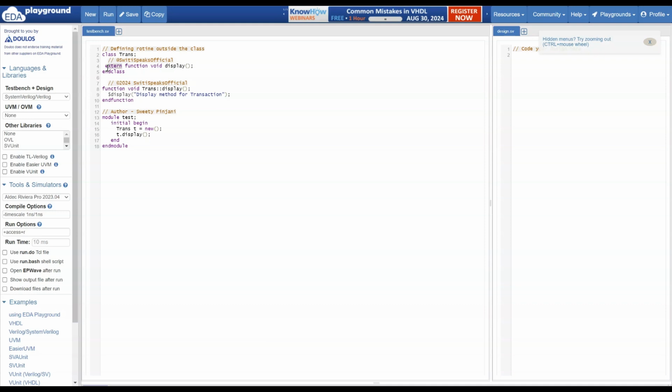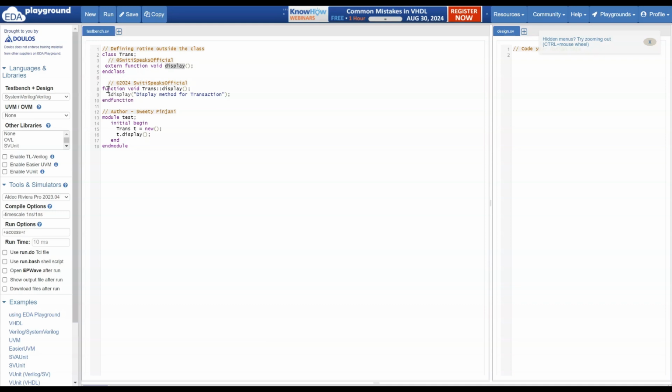That's why I'm saying extern. Extern means that I am going to define the body outside the class somewhere. And it is a function. The type is void. The name is display. A void type of function named display is going to be defined outside the class.